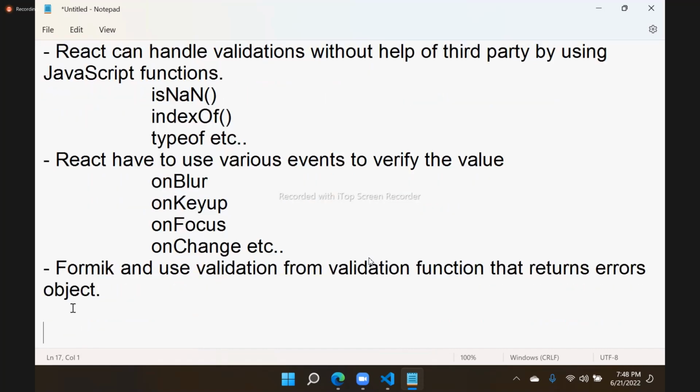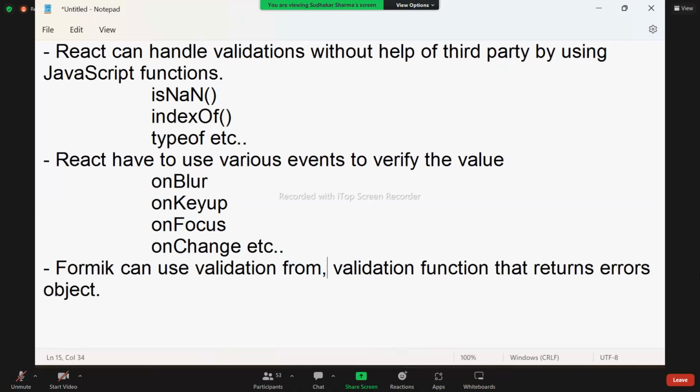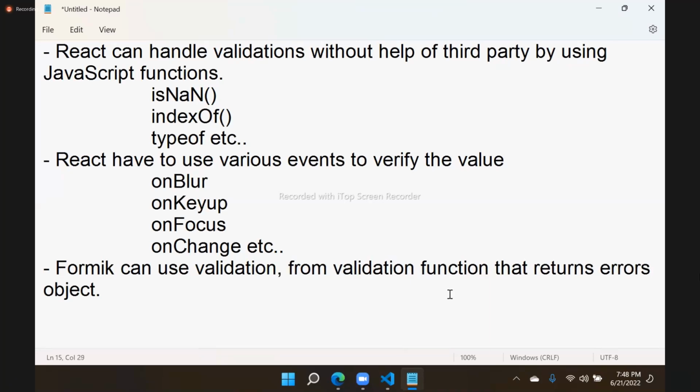Formik can use validation from a validation function, right? From a validation function that returns an errors object. That means